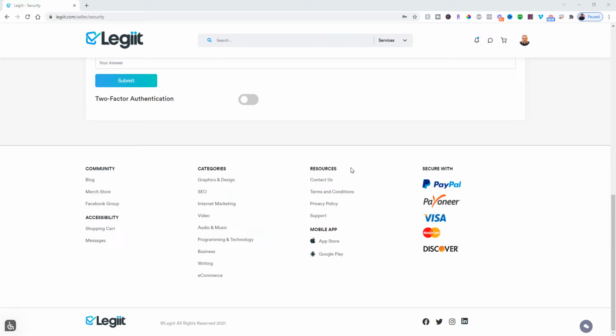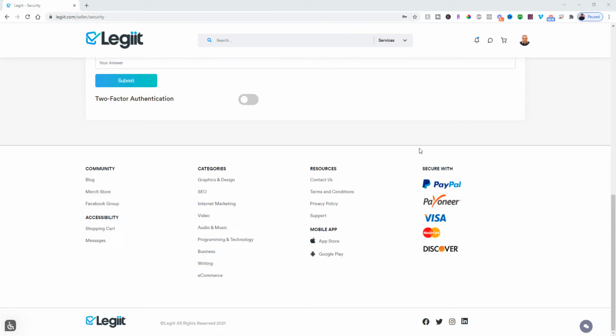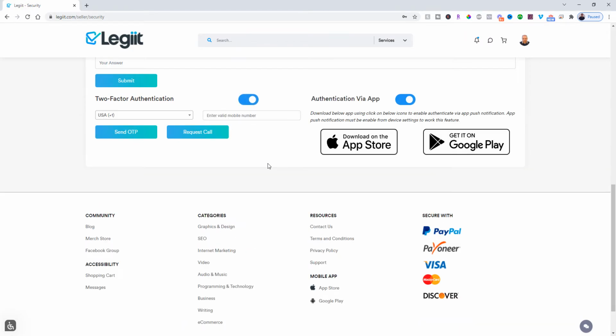The next one is a security feature. So if you come down to the security tab here and scroll down to enable two-factor authentication by clicking this switch. Previously we only had a text message verification, but we've made the addition to where you can actually do authentication through the app. I don't really know how I can demonstrate that through a video like this, but